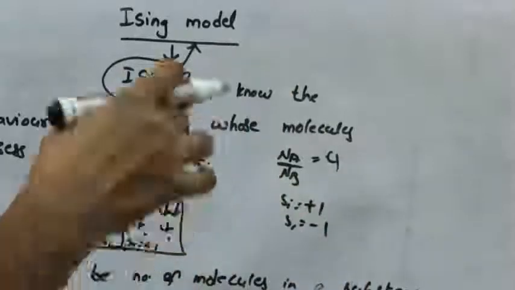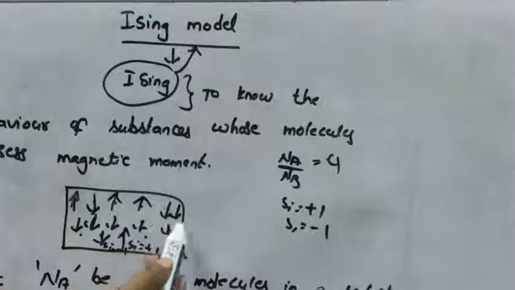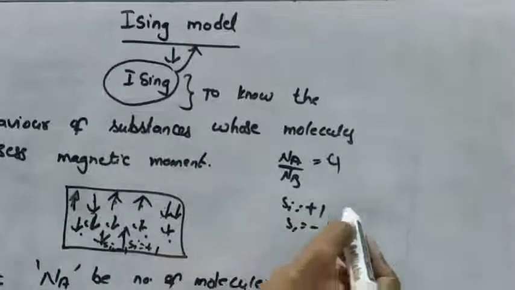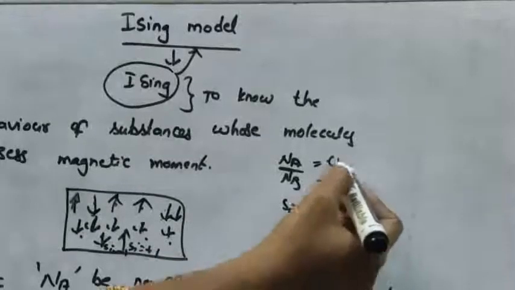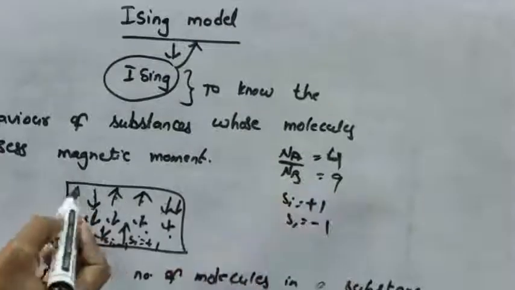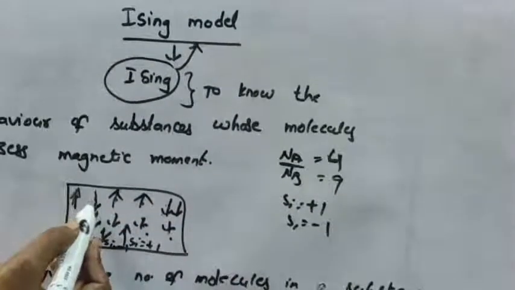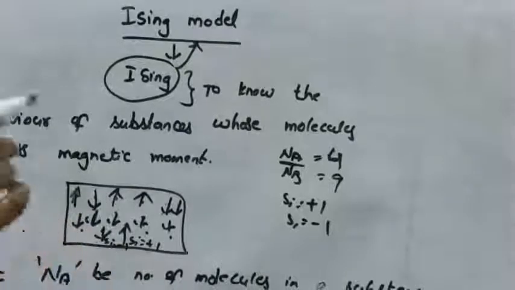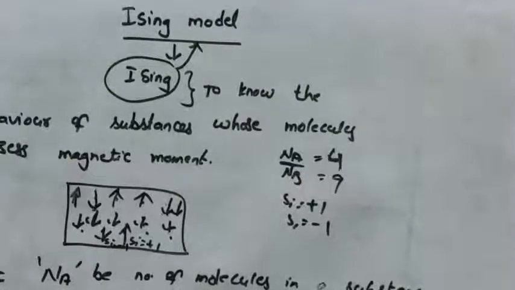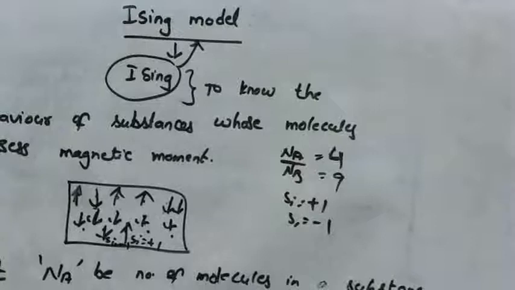Nb is the number of molecules which have downside spin. So 1, 2, 3, 4, 5, 6, 7, 8, 9. Nb is equal to 9. Na is equal to 4. And similarly, the spin of the first molecule is +1, the spin of the second molecule is -1, like that. Now according to Ising, he thought that the particle